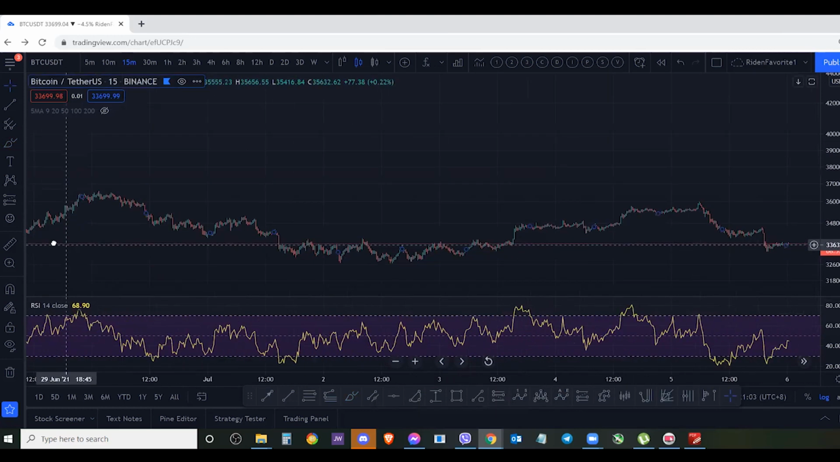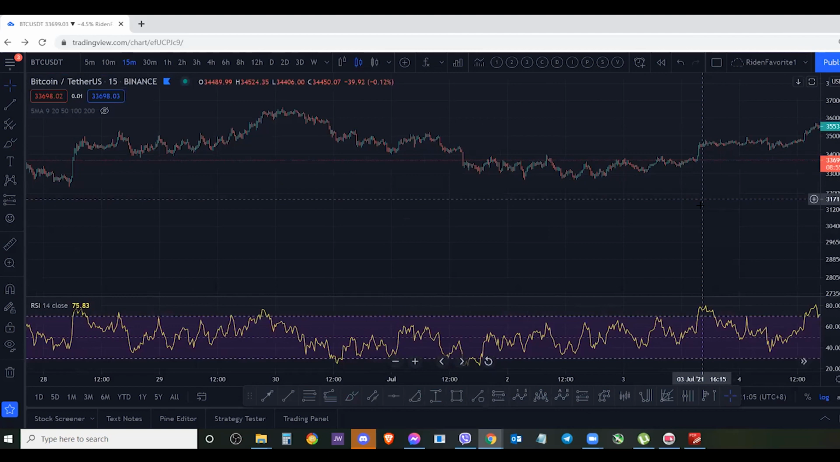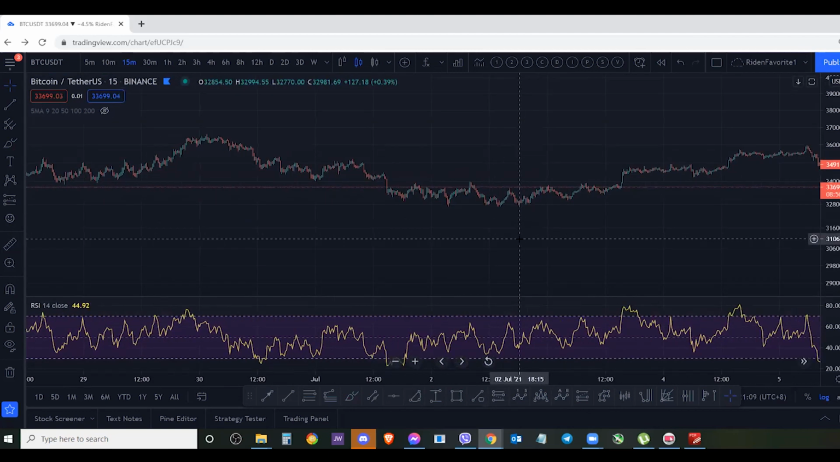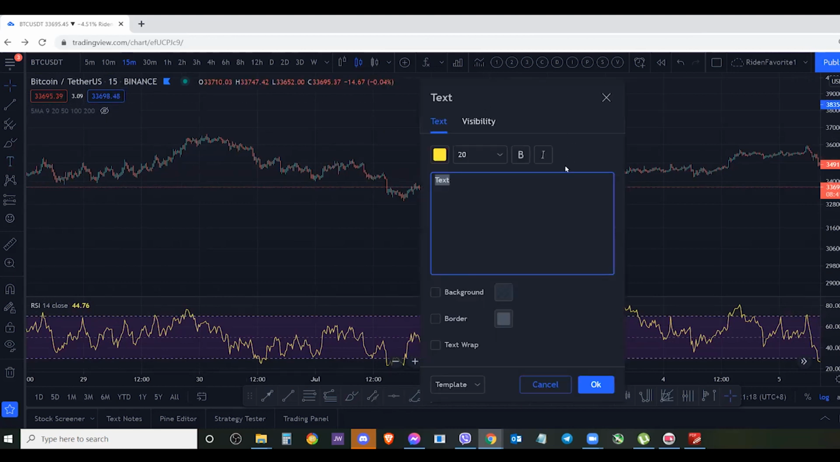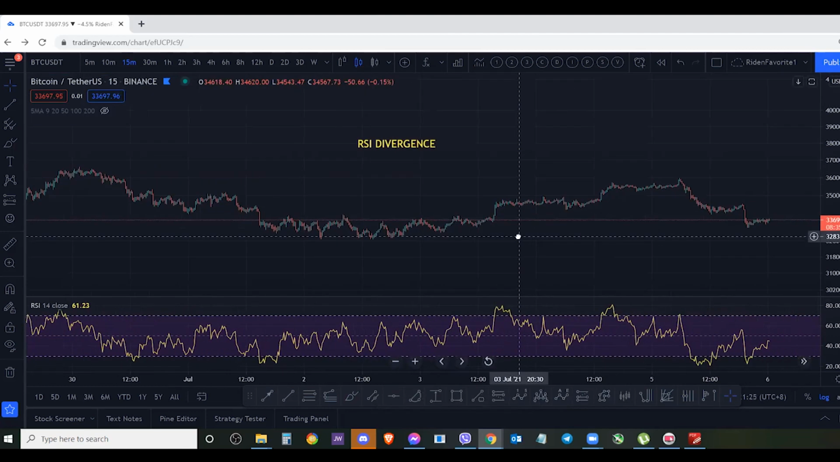So now I will discuss the three things that you have to understand when doing this kind of trading strategy using the RSI. First of all, we will discuss the RSI divergence. We are familiar with divergence, right? So whenever